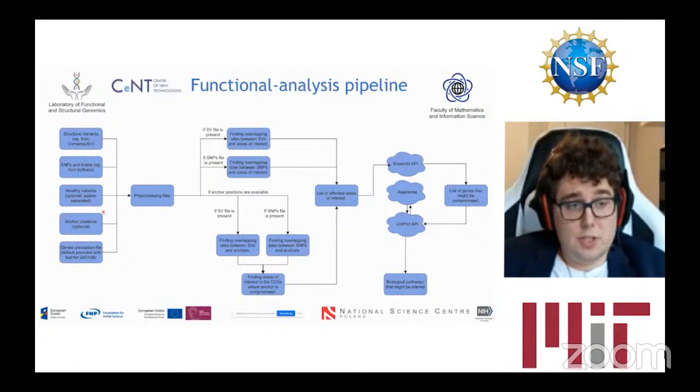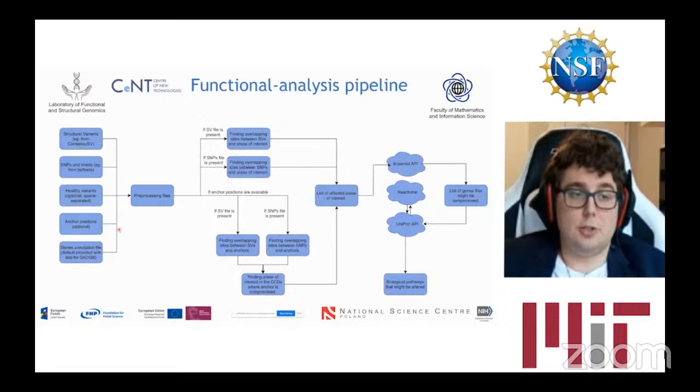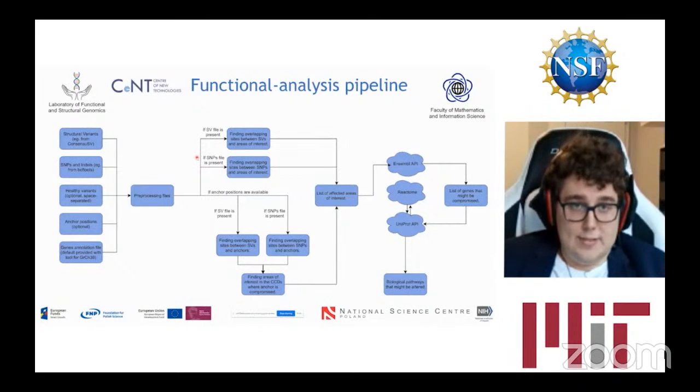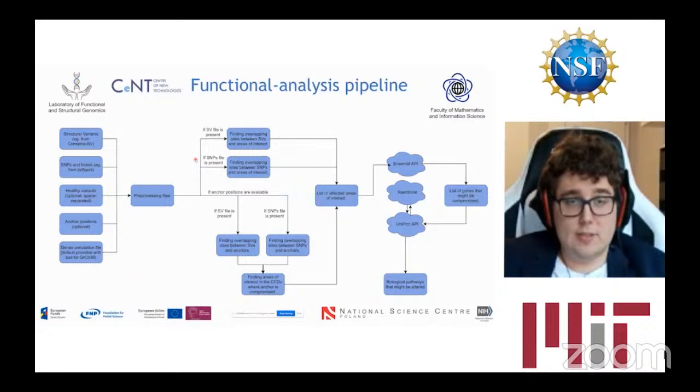Also, you can put anchor positions from ChIA-PET experiments, and then the tool will also do the 2D analysis. A gene annotation file is also required, but the tool, of course, provides by default the one for the newest reference genome. So after pre-processing the files, we start to look for the overlaps between the structural variants, SNPs, and indels, and the areas of interest. By areas of interest, we mean exons, introns, and promoters. And by promoters, we simply take the areas that are up to 1,000 base pairs